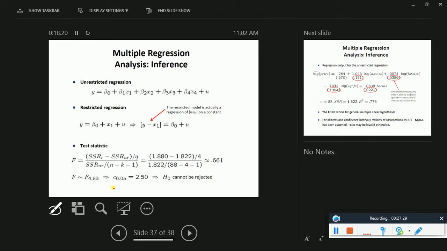So they have an unrestricted regression where they have all the coefficients, and they have a restricted regression. So here if you see, beta 1, beta 2, beta 3, beta 4 is missing because this is restricted. They have removed those variables from the model, and that is why the restricted regression always has a higher sum of squared residuals, right? Because you are restricting some of the regressors from the model, right? So it cannot estimate a